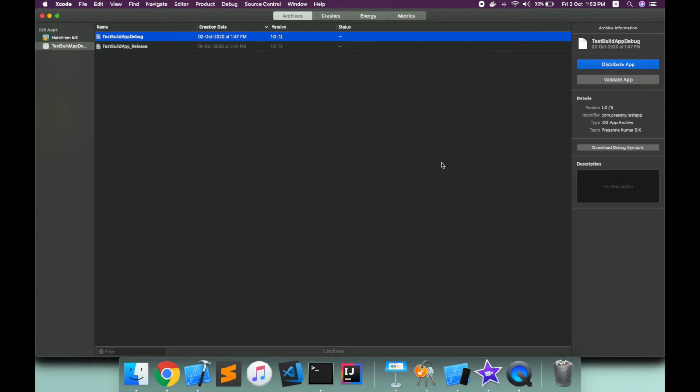Now that we are familiar with this, let us look at ways by which we will be able to automate what we just did. Let's open the command line and go to the root directory of our workspace. In order to execute any operation from command line, we need to have command line tools installed. So if you are using Xcode in your system, your command line tools will already be installed. The way you access it is by starting the command with xcodebuild.